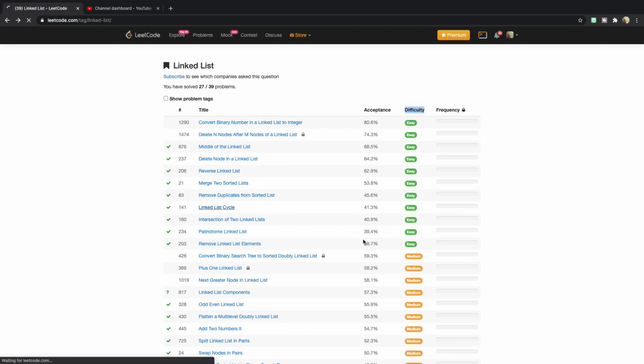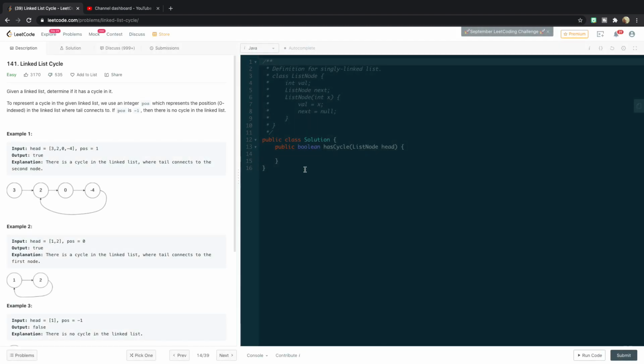Linked list cycle. All right. This is very similar to finding the middle point of a linked list. Like linked lists are super easy. This algorithm is identical to finding the midpoint, honestly. So it's like if head is equal to null, return head, and then ListNode slow is equal to head, ListNode fast is equal to head, and then while